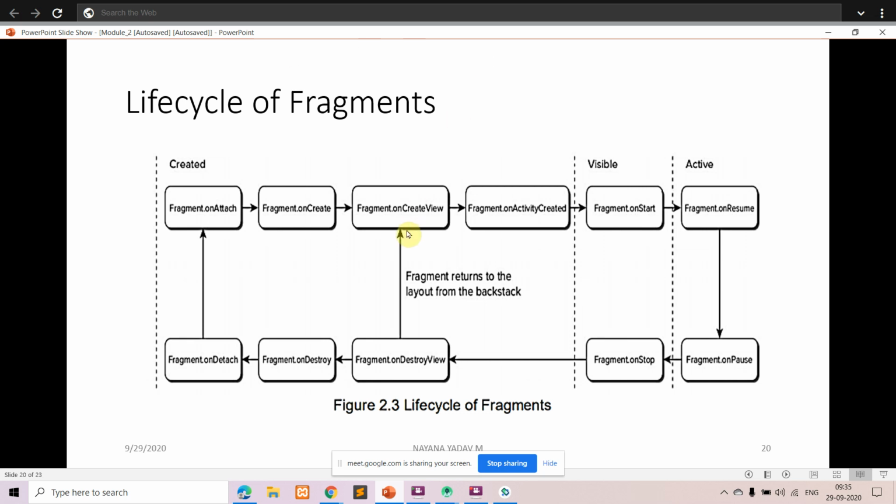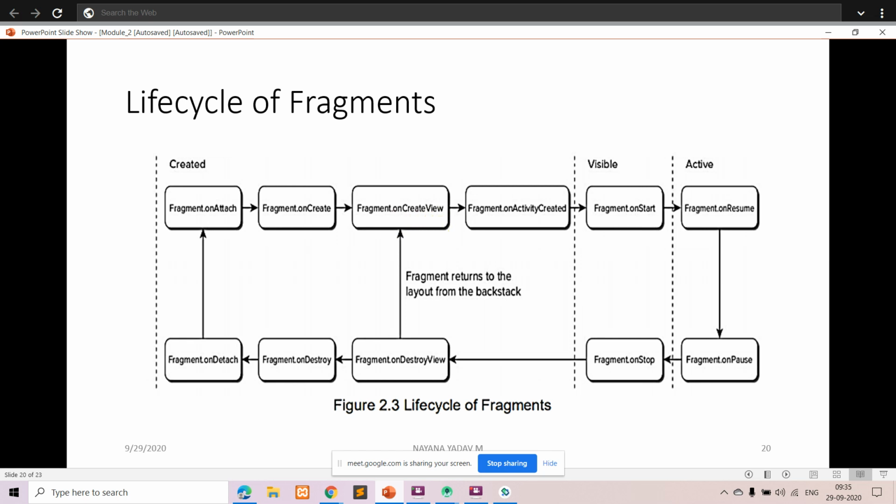The next stage which a fragment can move through is onCreateView. The system calls this callback when it's time for the fragment to draw its user interface for the first time. So when the fragment wants to create its user interface, that is when we call this method, onCreateView.